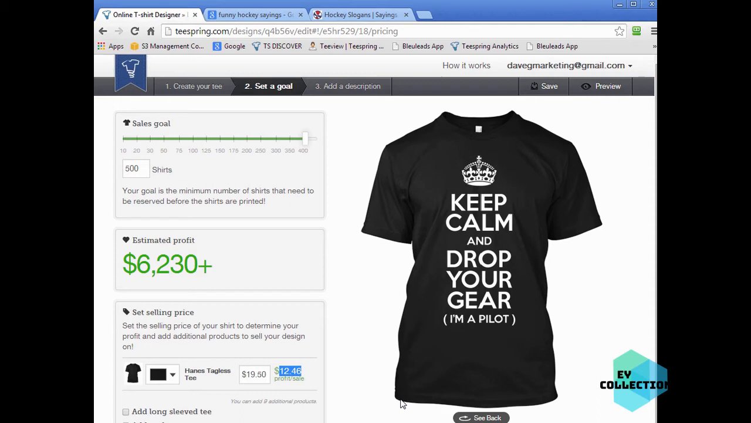$12.46. So if I take $12.46 and subtract what it was at 20, which was $10.50, that's a $1.96 difference. Now you take 75% of that, times 0.75. That's $1.47. So what Teespring will do in this scenario, let's say we set it to 20 and we have our campaign launched,